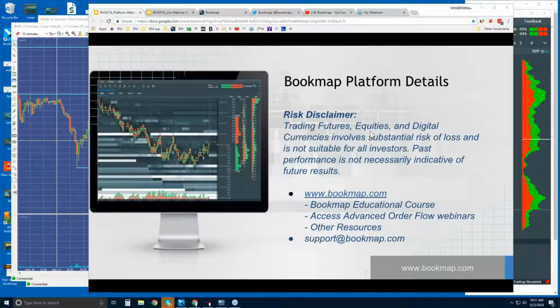When you subscribe to Bookmap, it comes with education. There's a 4-part educational course, and that's accessible at any time. But then we go over that same content in the advanced order flow webinars that start every day immediately following this webinar at 11 a.m. Eastern time. So the concept with the education that comes with Bookmap is you have the course, and then the same course content is backed up in the live markets. So you can see and understand what's going on in the order flow in the live markets,